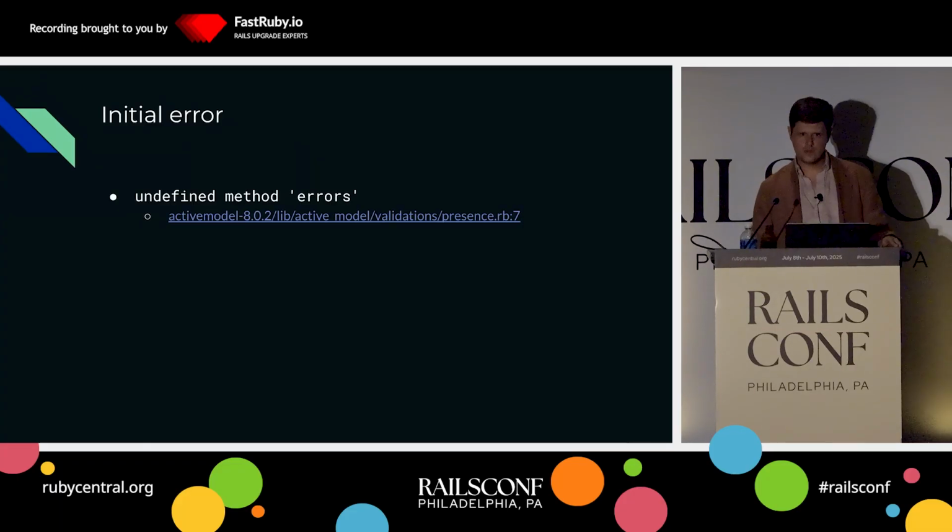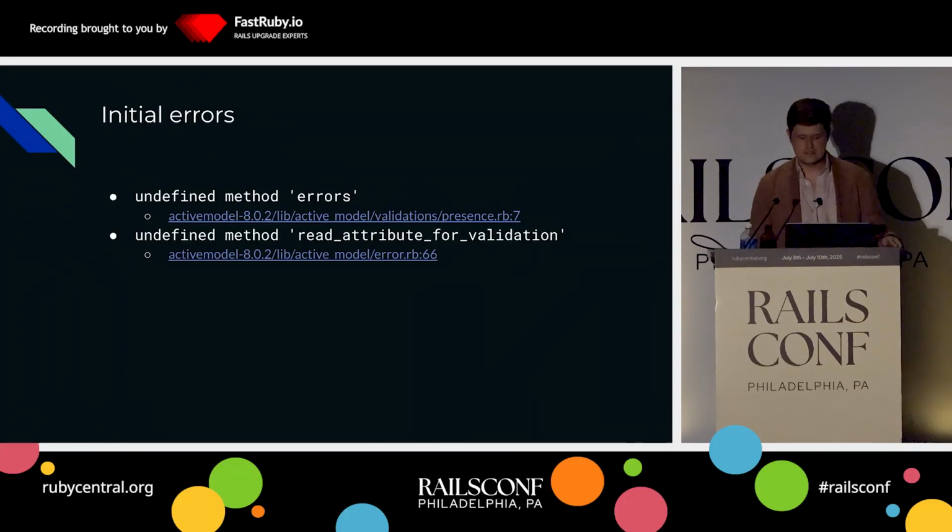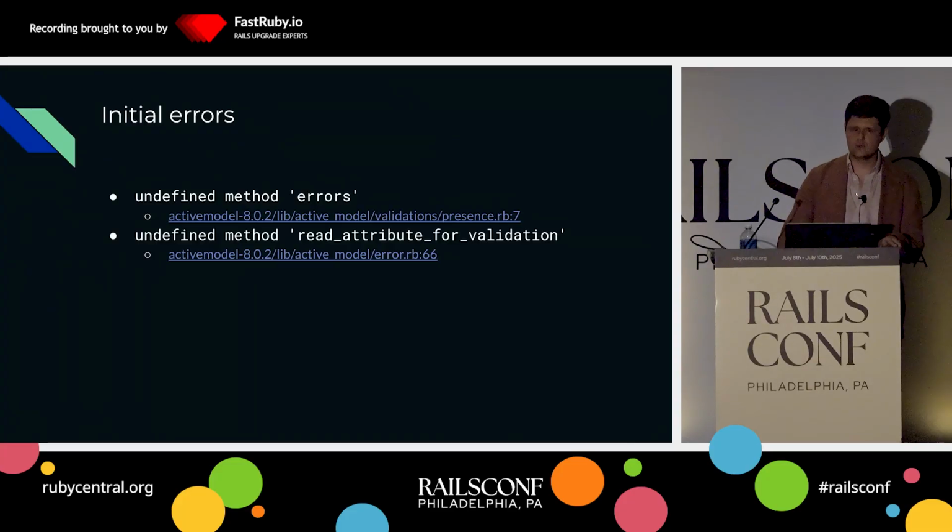So first off, we get undefined method errors. If we think back to that presence validator source code that was doing record.errors.add, our record is our hash. It doesn't have an errors method. This makes sense. That's something we'll have to fix. If we fix that up, we'll see that we've now left the presence validator behind, and when we're building up